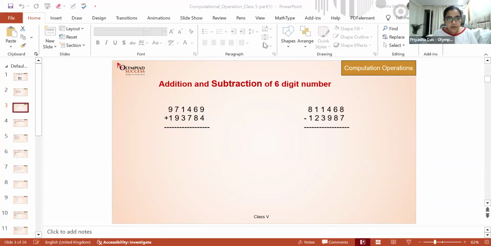Good. Who is Vineet Srivastav? Is it Samriddhi? You need to rename yourself. Yes, ma'am. Okay. Ma'am, I joined now. What are we doing? We are doing computation operation, Samriddhi, and next time be on time. Yes, ma'am. Computation operation is addition and subtraction questions for today. Coming forward, we'll also do multiplication and division. Okay. Arnav received the answer. Samriddhi received the second part as well. Thank you. Others, once you're done with this in the notebook, please type it out in the chat box.